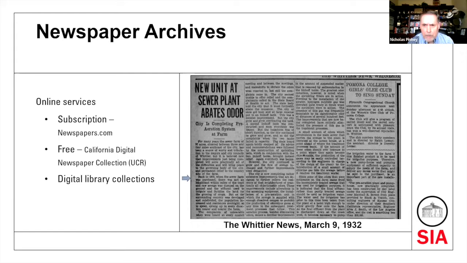The example I have up here, showing an article from a 1932 edition of the Whittier News, illustrates the impacts of residential growth near the Whittier sewage disposal plant, as well as providing some very good early history of the plant going back to 1909. Shows that the city had actually purchased the land for the plant in 1909 and set up a sewer farm. The article confirms what the USGS topo maps show, and that is that residential growth was encroaching on the plant